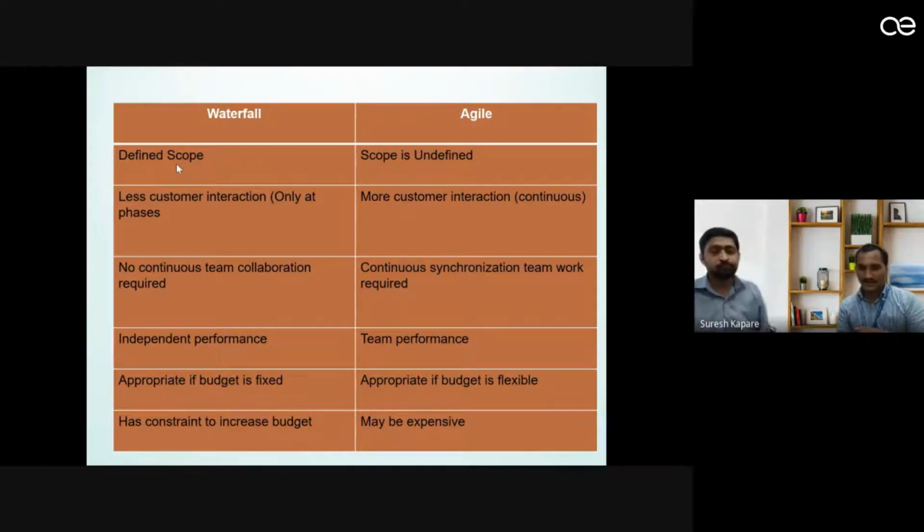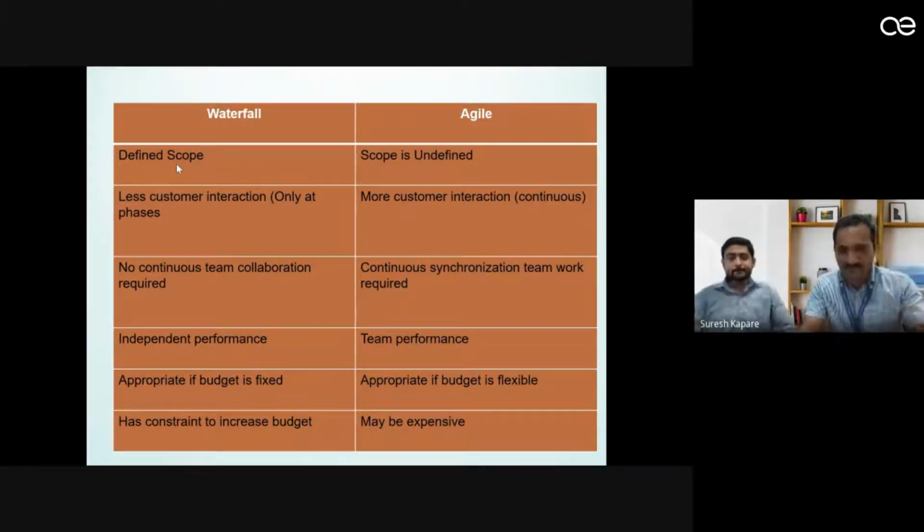Yes, in addition to that, I just want to put one point here. Even the client, whom we call external stakeholders, will also get an opportunity or chance to put in their own opinion in case of agile, which is not possible in a waterfall because you already define everything. The next one is